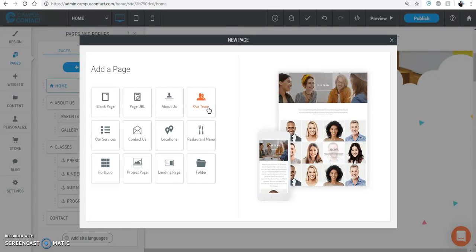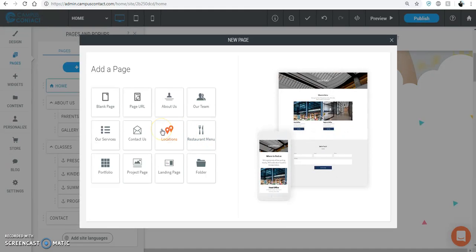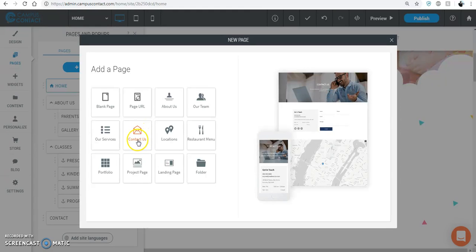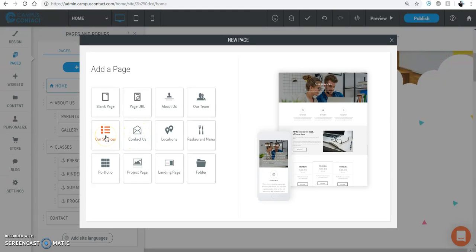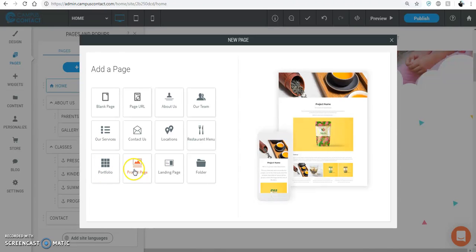So the same with photos or our team. Maybe this could be a photo gallery page or maybe an entire directory page. Again, we've got restaurant, cafeteria menu, location, so you can do lots of stuff with your maps. Of course, a Contact Us page. Everybody's got to have one. Maybe different services, like what the different departments do. Again, photos and portfolios, maybe a specific